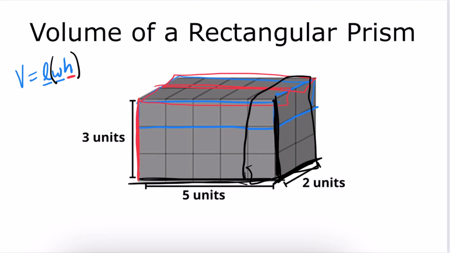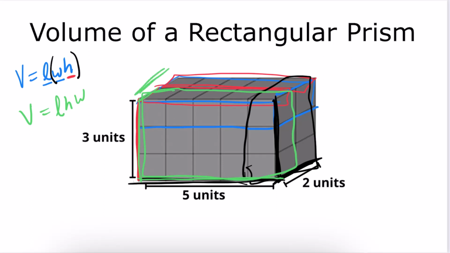So you can multiply it in that order, or you could also calculate it as the length times the height times the width. That would also work, because if you do 5 units times 3 units, that's finding the number of cubes in this front layer, and then multiplying by 2 because you have like 2 layers. And so when you're discussing this with your students, you can ask them if it's possible to multiply in any order to find it, and help them see that it doesn't matter which layer you find first. You just need to figure out how many cubes are in one layer and then multiply by the number